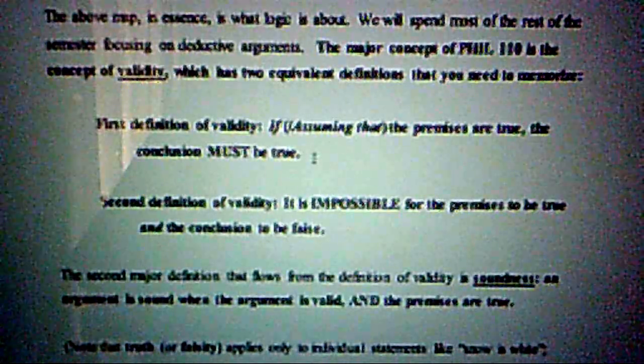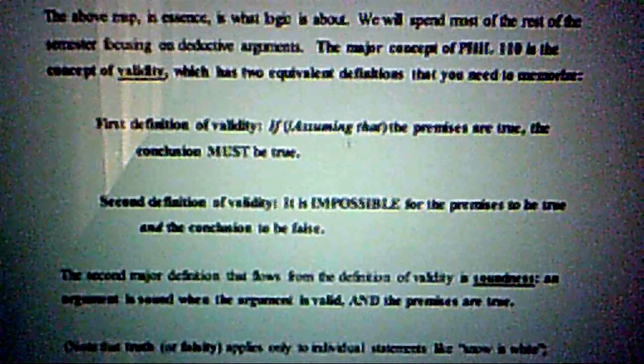It's deceptively simple. It doesn't sound like there's a whole lot there, but it's actually quite complex when it gets to unfolding this definition in terms of its applications and doing proofs and a whole series of other things. Okay, so here's the first definition of validity. Assuming that the premises are true, not that they are in fact true, but you're hypothetically entertaining that the premises are true. You're saying, suppose for the moment that's true. The question you're then asking is, are you forced to the conclusion? Must the conclusion be true? If the answer is yes, that you are forced to the conclusion on the assumption that the premises are true, then the argument is valid.